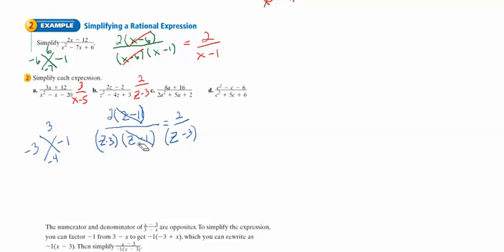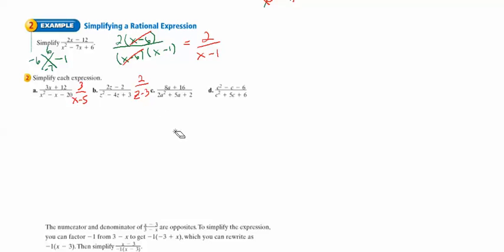Okay, erase my work here. Now let's look at the next one. We have 8a plus 16. So I look at this one, I said, okay, they have an 8 in common. I'm going to take that out. I've got a plus 2. And then I'm going to factor. When I factor this one, it looks like I'm going to have to use the box. So I'm going to do my x, positive 4 and a 5, and two numbers that multiply together to give me 4, but add together to give me 5, so they're both positive, so it's going to be 4 and 1. Put my variable with it